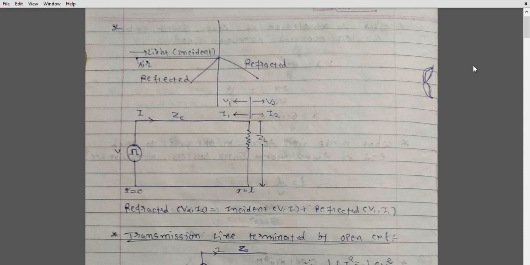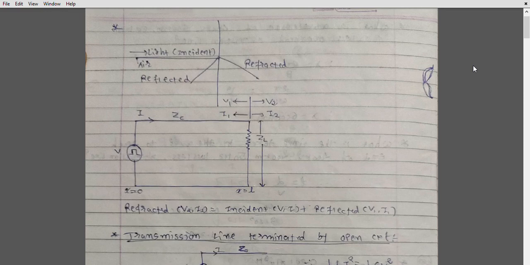As we discussed in the last lecture, the velocity of wave propagation for the overhead transmission line is 3 multiplied by 10 raised to 8 meters per second, and for underground cables it is 3 multiplied by 10 raised to 8 divided by the square root of epsilon r, meters per second. As the value of epsilon r increases, the velocity decreases. So in the case of an overhead transmission line, the velocity of wave propagation is always higher.